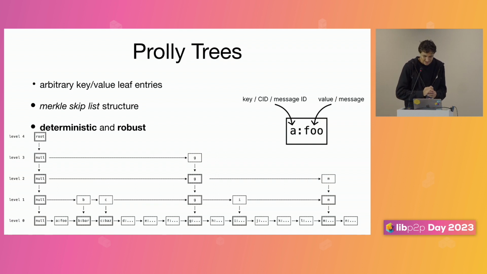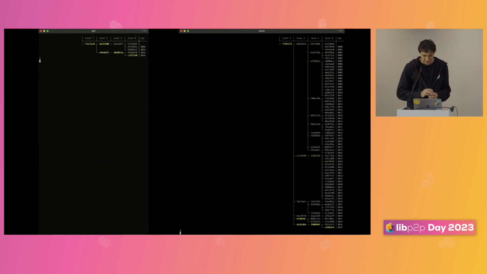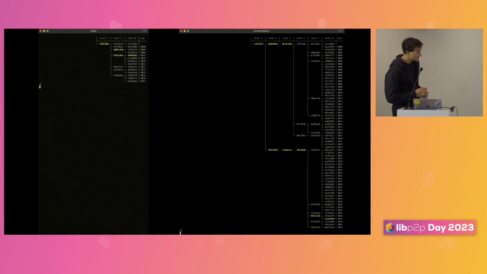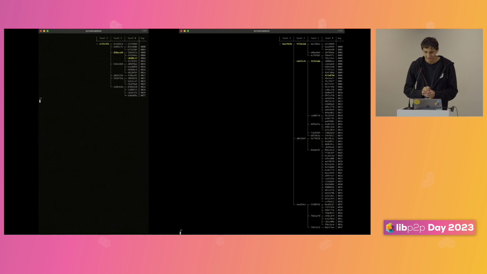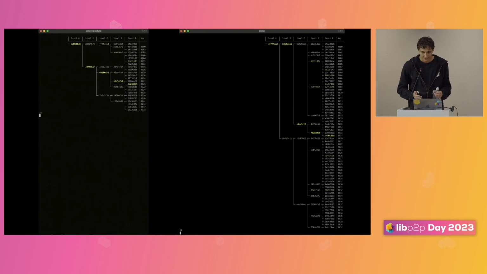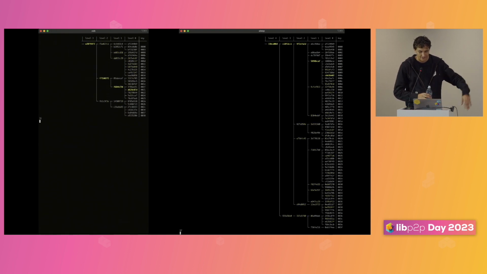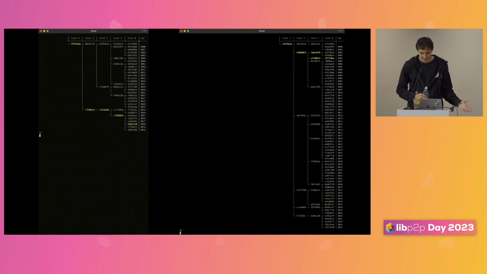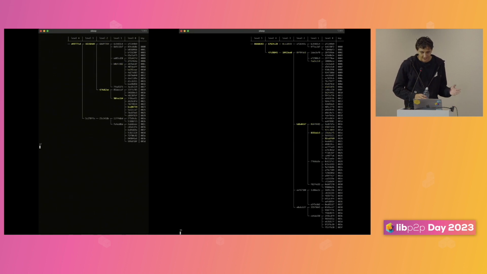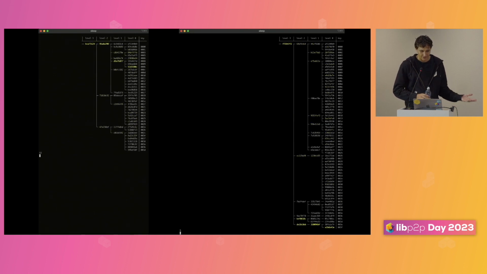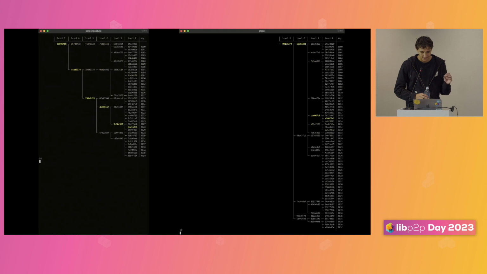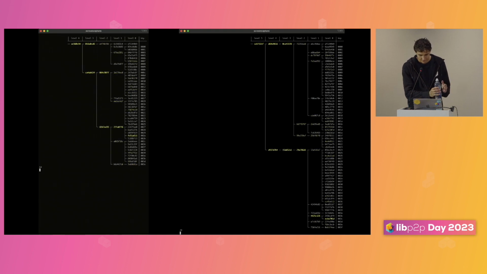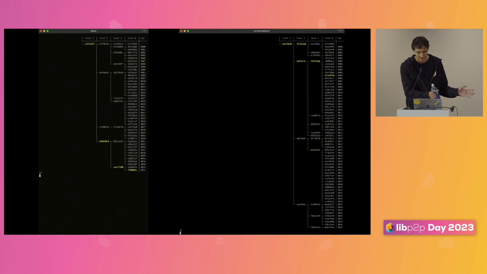So let's see if I can give a more visible example of this. Okay, so here are two GIFs of a Prolly tree being edited over time. On the left, we have random inserts, and the tree is growing, and on the right, we have random in-place edits. You can see that the number of children per node isn't constant. Some nodes have a couple children, some nodes have a lot of children.